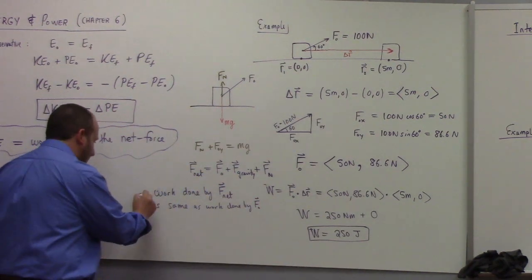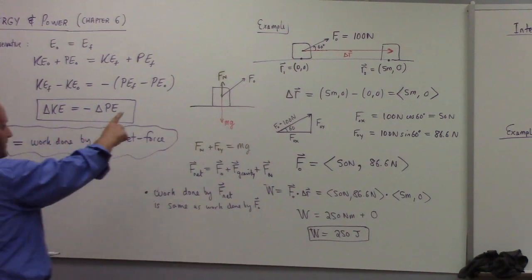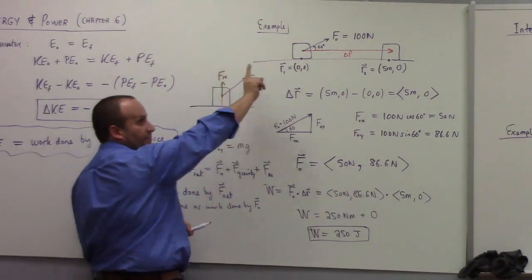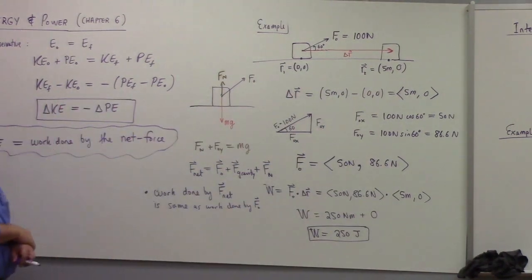There's a couple different ways you could look at that. One way is that all of the parts of the force which are vertical are canceling out, right? So the net force is horizontal on the box. Another way you could look at it is that the work done by the normal force and the work done by the gravity force are zero. Why? Because those are perpendicular to the motion, right? So they do no work in this case.